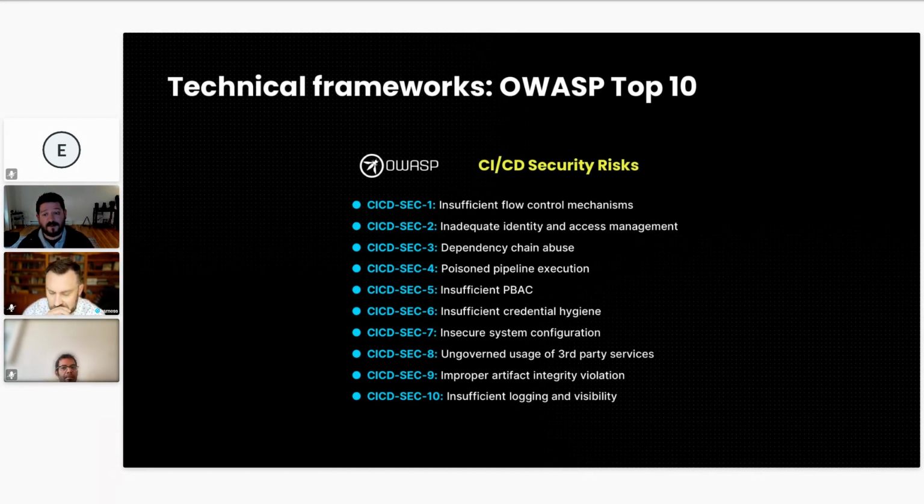If you're not familiar, OWASP is the Open Worldwide Application Security Project. It's a nonprofit that puts out guidance and lists like this to help bring a common understanding and a common taxonomy to most of the common risks or vulnerabilities that we see in different parts of web applications and the process of delivering those web applications.